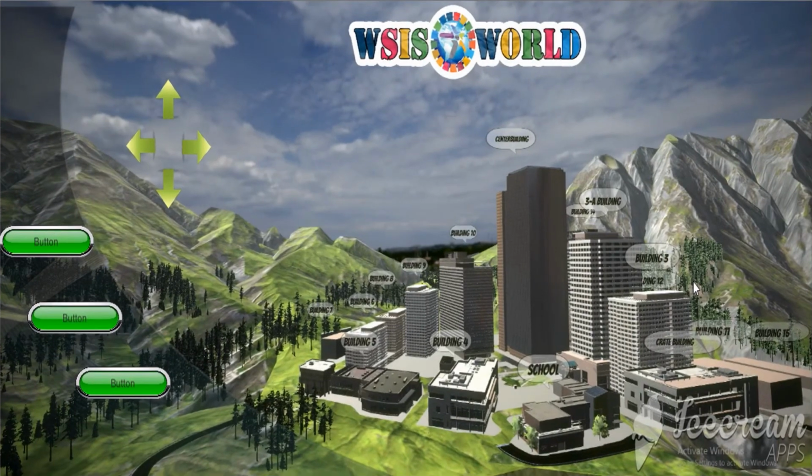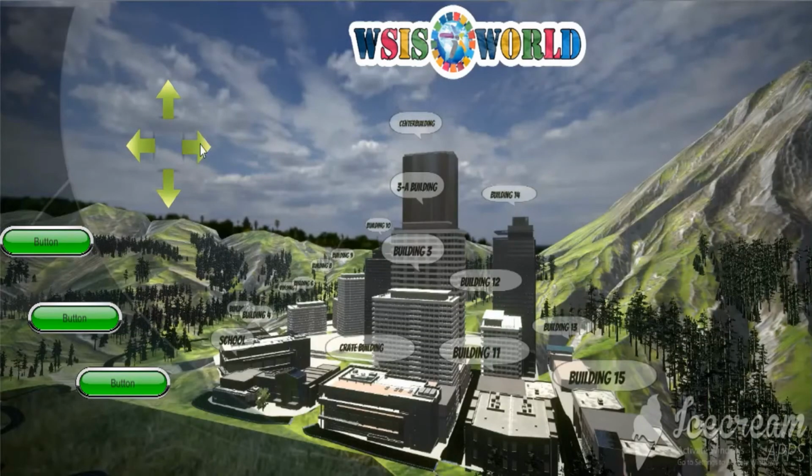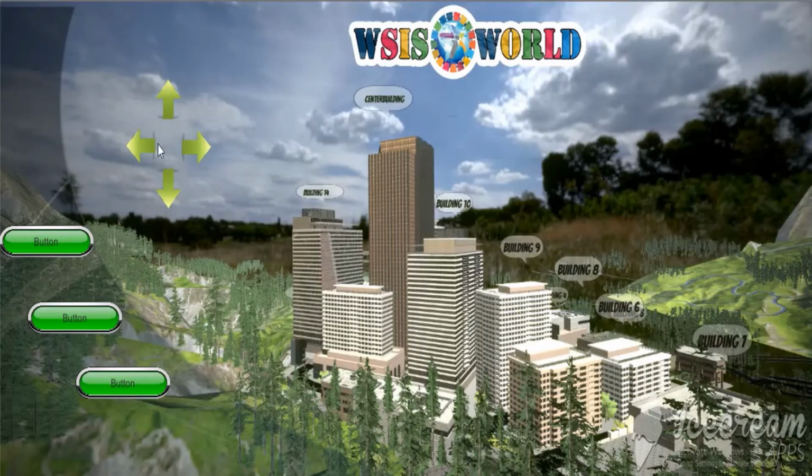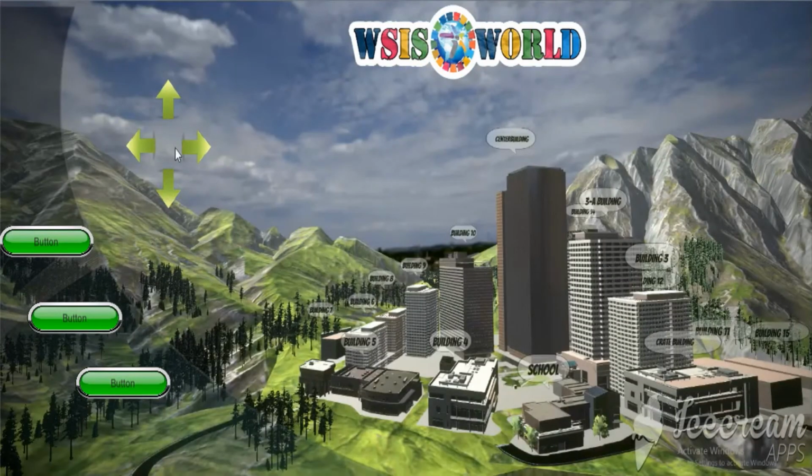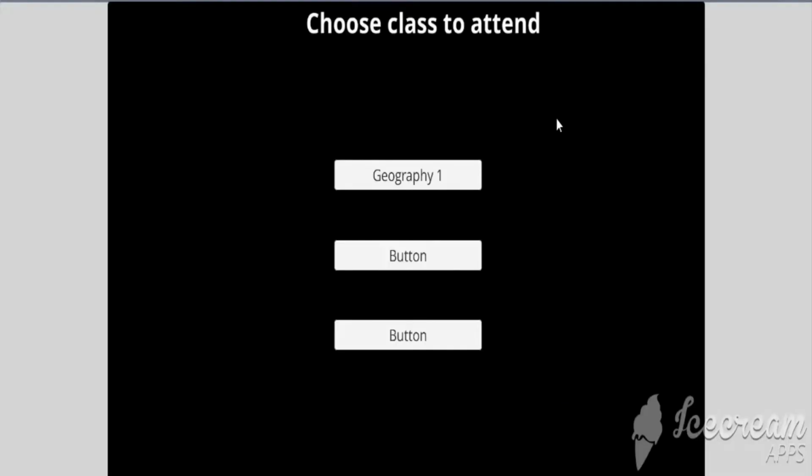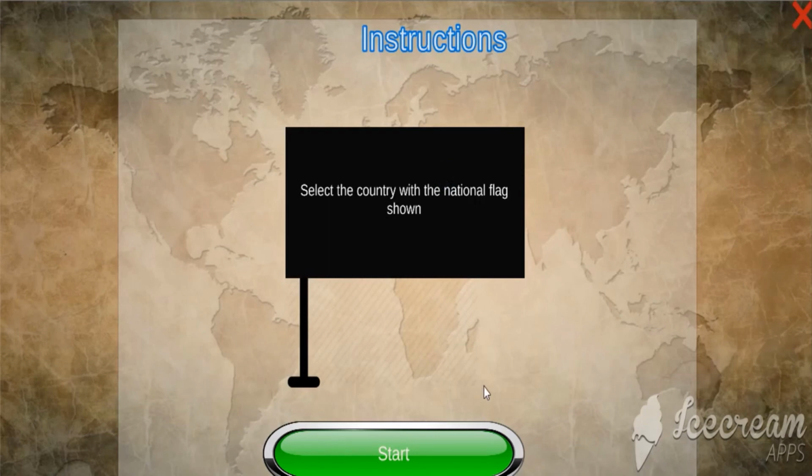With the mobile implementation, it's very similar. Well, the idea is to give it a similar look and feel. The only difference is that they would be using images rather than the actual scene. So for instance, you can still get a 360 view. However, these are just images. But the user can still click on the school and get to a different menu. And the menu will take you to class. You can choose the class you want to attend. In this case, it would be Geography 1. And it will still take you right back to the same game that was shown earlier.